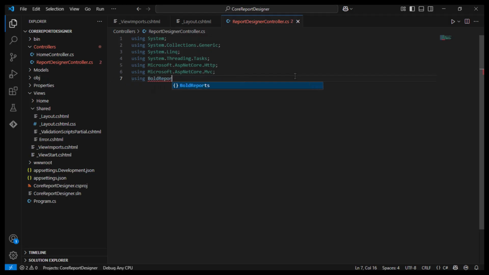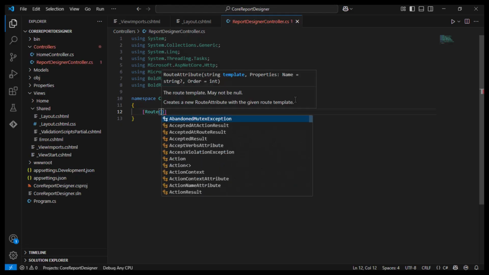Then I add the BoldReports.Web.ReportViewer namespace, which provides the classes and interfaces specific to the Bold Reports library and is used to configure and manage the report viewer. I add the BoldReports.Web.ReportDesigner namespace that provides the classes and interfaces specific to the library and is used to configure and manage the Report Designer. To avoid naming conflicts, I add the CoreReportDesigner namespace, and then add the Route attribute to